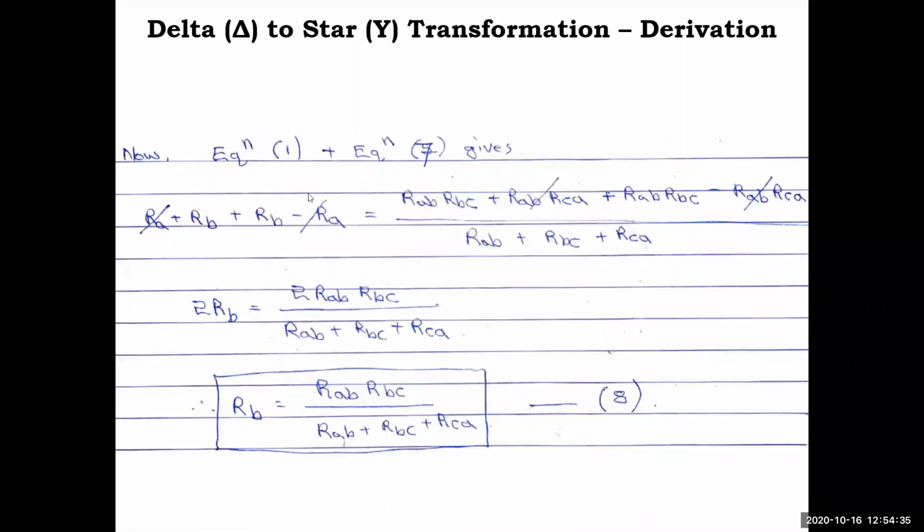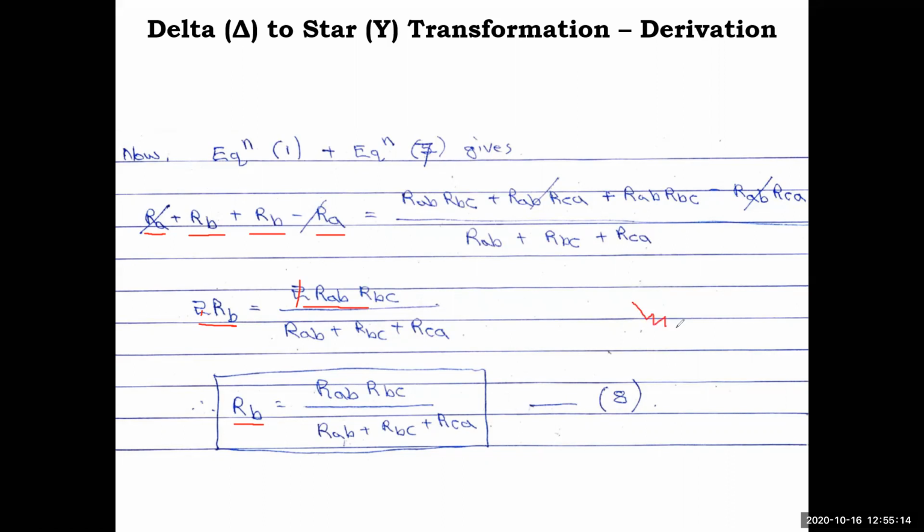Just see there in the set of equations which equation you can add. It is equation 1, right? Because here RA plus RB is there. So equation 1 and equation 7 we will add. So just in your notebook, see there RA, RB and RB minus RA. Similarly, this term also I will add: RAB RBC plus RAB RCA plus RAB RBC minus RAB RCA. So these two RAB RCA cancel out. RAB RBC, RAB RBC remain, so it is 2 RAB RBC we will get. Here also you will get 2 RB. So the 2 cancel out, and you got the third resistor RB.